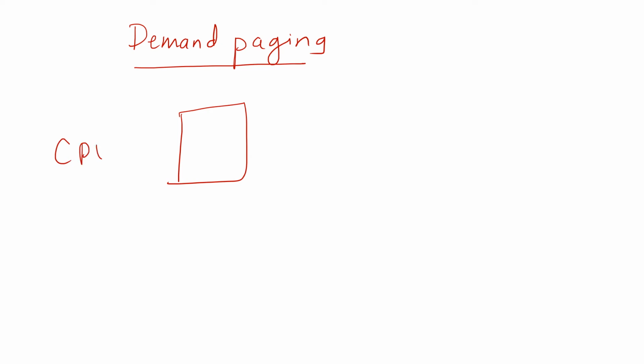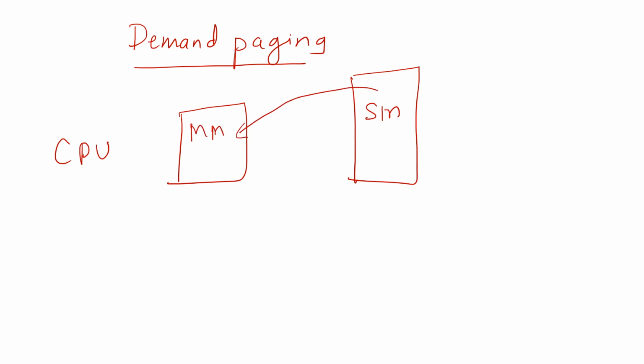Now there is one more concept, demand paging. What is demand paging? Whenever it is required by the CPU, only that time are we going to bring the page from secondary memory to main memory. At a time we are not going to bring all the pages from secondary memory to the main memory; the system is going to bring whatever page is required. Suppose page 1 is required, only page 1 will be brought in main memory, and whenever P1 is not required, it is sent back to the secondary memory. This concept is called demand paging.